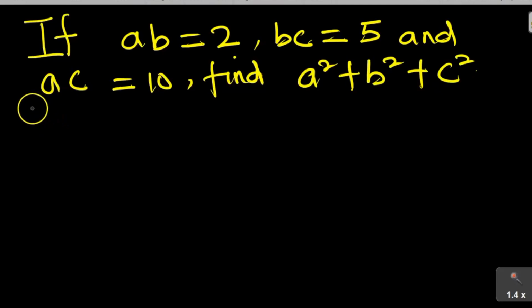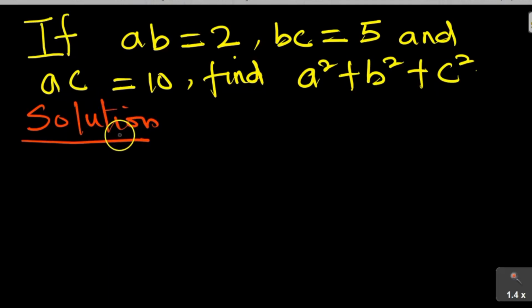If AB is equal to 2, BC is equal to 5, and AC is equal to 10, find A² plus B² plus C². How do we do that? Okay,